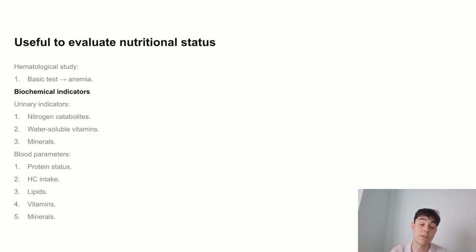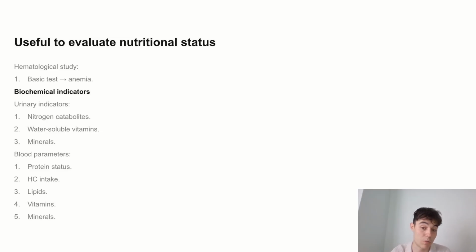The most common one is iron deficiency, which affects the size of red blood cells and produces microcytosis, which are red blood cells with a small size. The second most common one is vitamin B12 deficiency anemia, which plays an important role in the production of red blood cells. Then we have pernicious anemia and folic acid deficiency, which produces megaloblastic anemia, which are red blood cells with a much bigger size, and also anemias caused by chronic diseases.